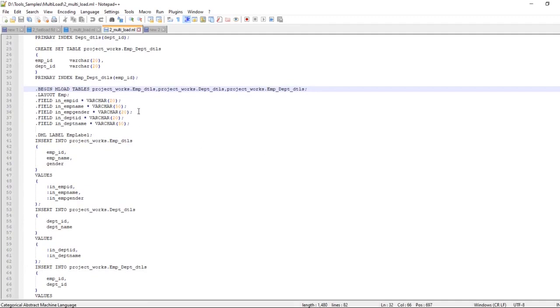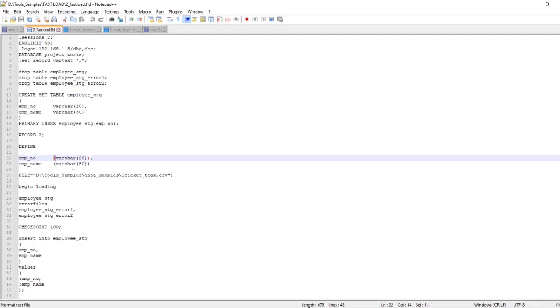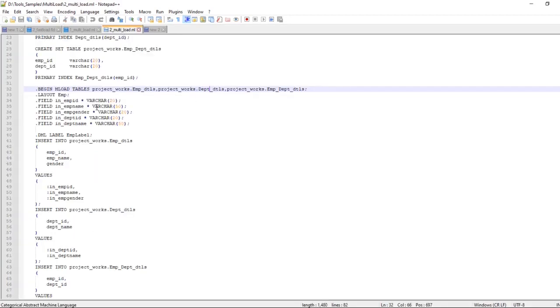The layout is the input file format. In the input file, as I showed you, there are 5 columns, so I mentioned all the columns that are there in the input file as fields. Here we represent it with an asterisk, whereas in fast load we give it within parentheses. That is the difference.